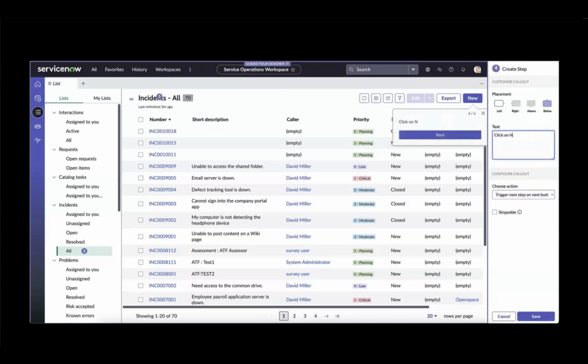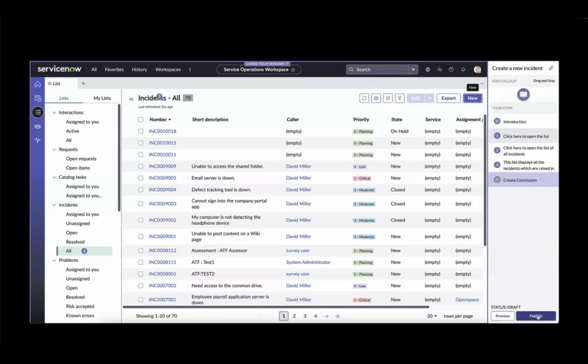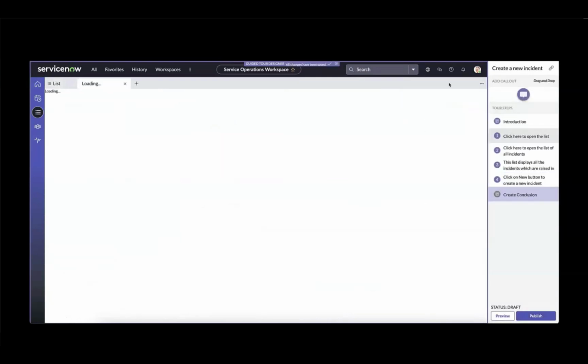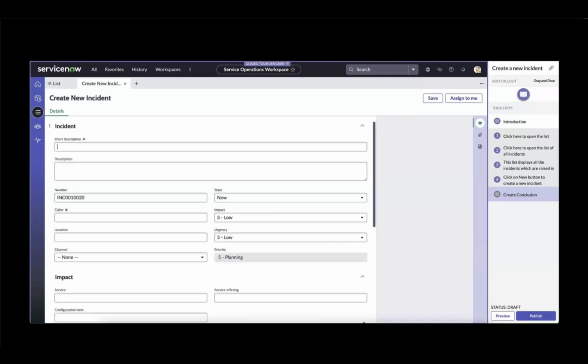So if you can see, you can place call outs on a variety of items. It could be buttons, it could be an entire form, it could be textual information available. Again, I'm putting it on click, so I don't have to click on next button when somebody clicks on this. And I'm navigating this tour through 3 different screens. So this tour should continue and take users through this entire flow, right from the home screen of SOW to